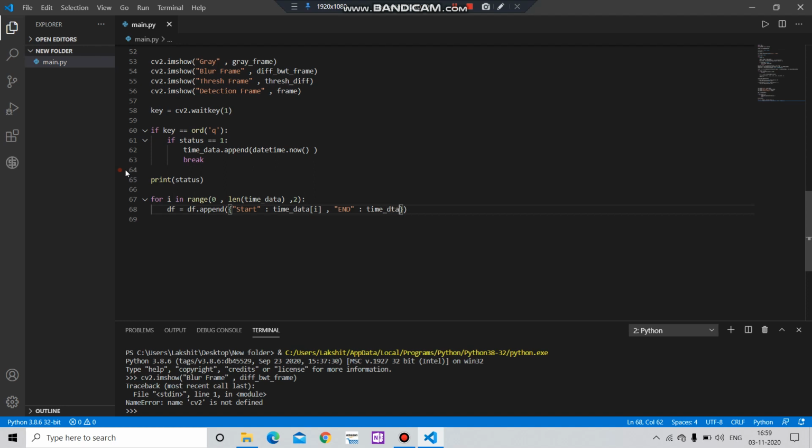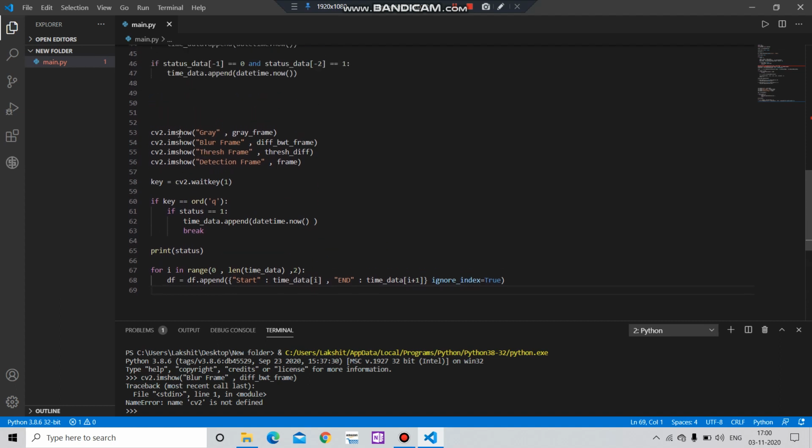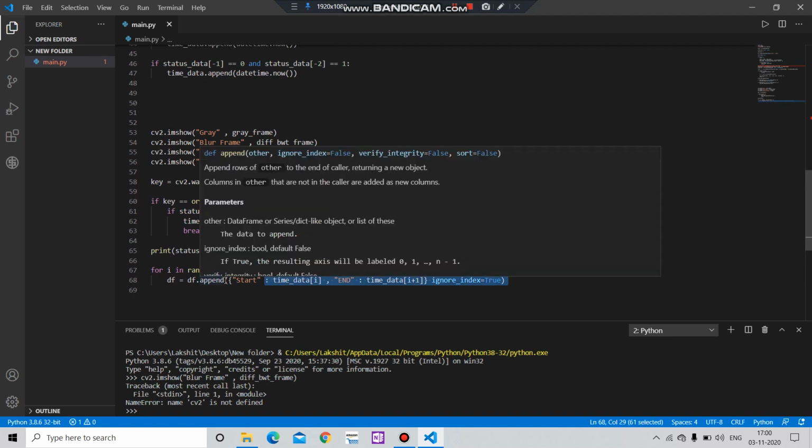Time_data[i+1]. Okay, then it's 1, not this. We want to ignore index true. Okay, so what this does is it will capture this time at which the object has entered in the screen, and it will save the object in the data frame. Okay,